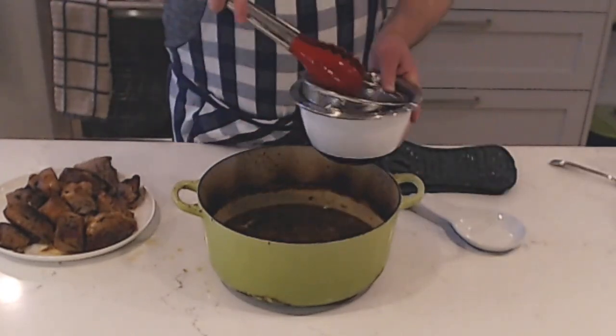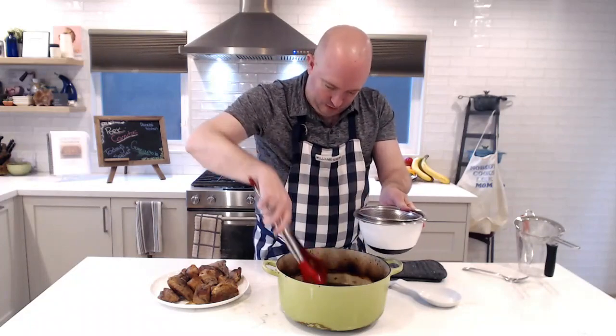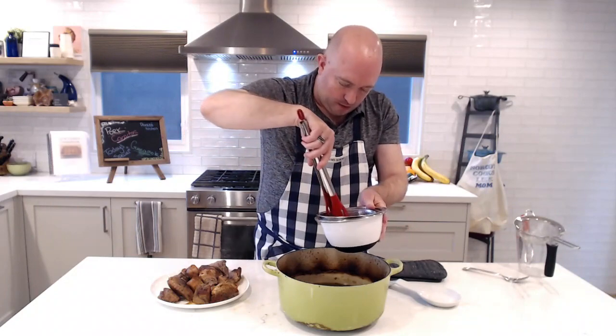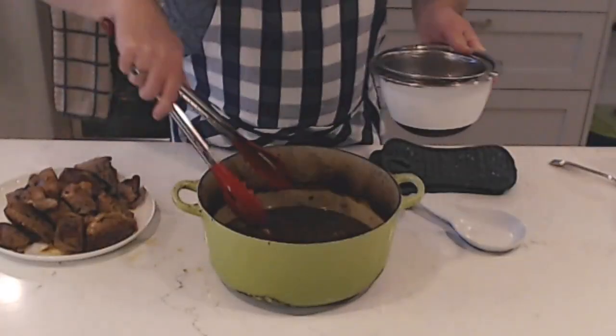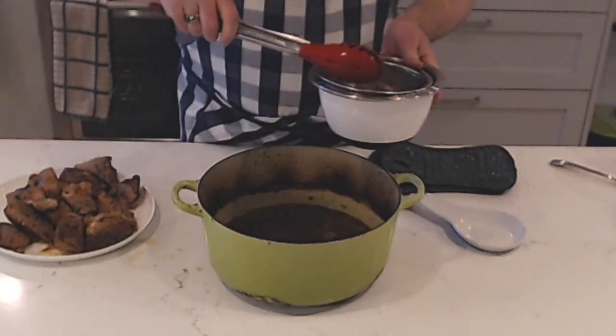So let's get some of these bigger solids out. Let's get all of that pork fat that's fallen off, that lemon rind. Oh, that's a big piece of pork. I want that to go away. So we got all of that. Oh, another piece of pork. So we got all that. So we got some of those big solids out. Then